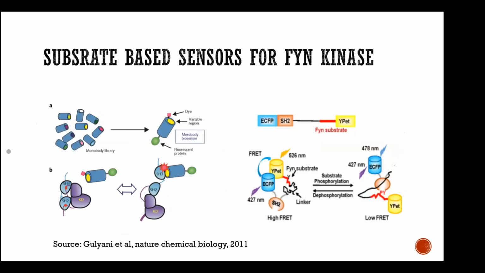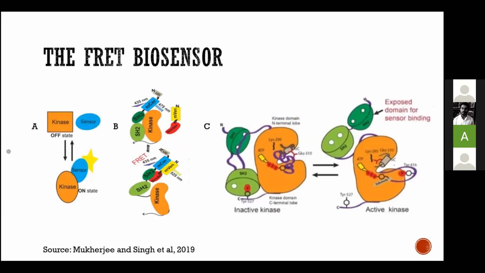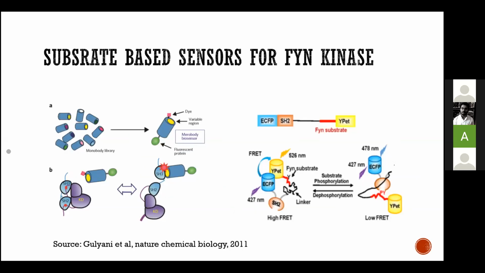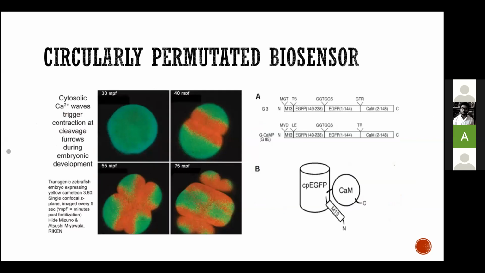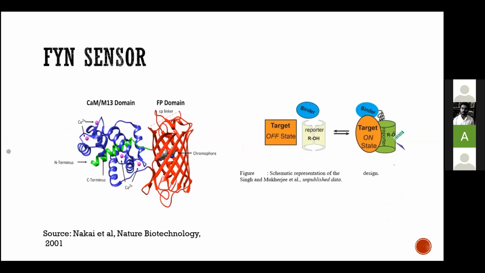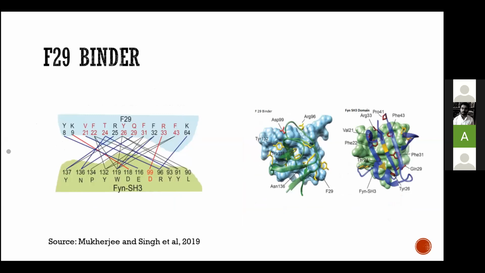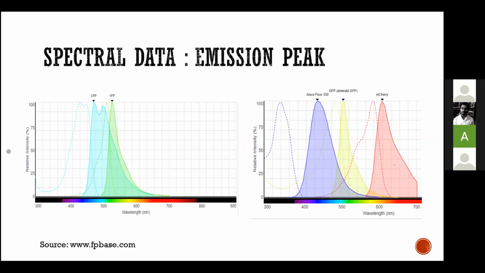Archishman, we did speak about this slide, right? What was the shortfall of this FRET sensor so that we have to move on to the next sensor? We did talk about what was the shortfall of these sensors so that we move on to the next design, right? Okay. So primarily the spectral part was the explanation why we moved on to the circularly permuted design.